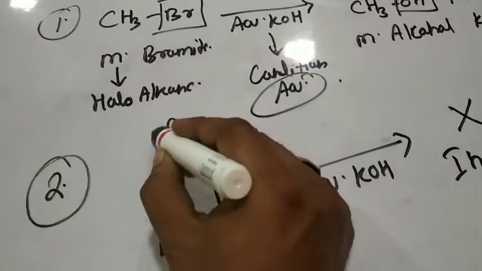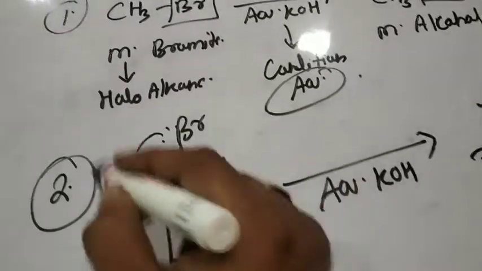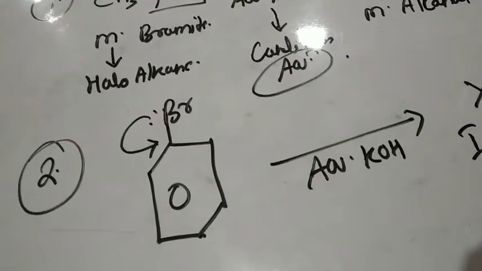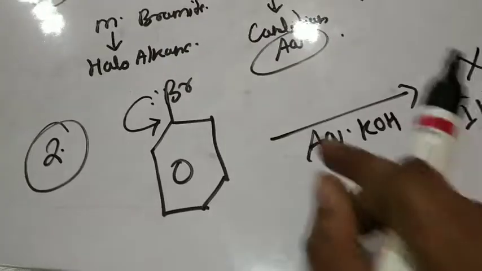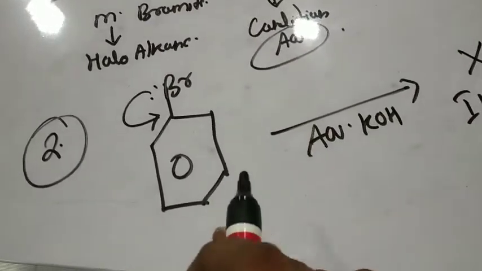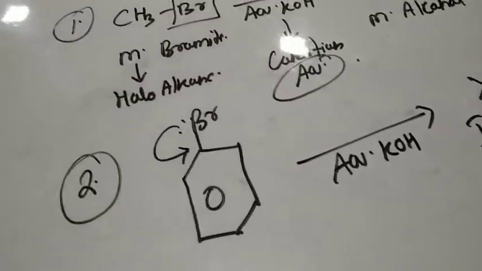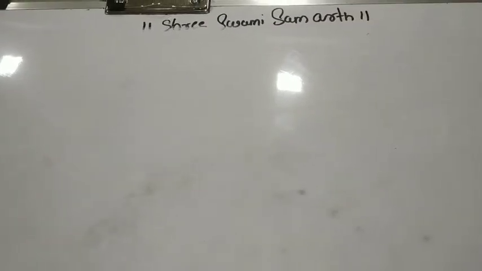Why? The reason is due to the development of the pi bond character. हमने देखा था resonance, वो 5 reasons देखे थे ना हमने, hybridization, resonance. So all those reasons, all those factors are there. That is why haloarenes will not undergo the particular substitution reaction, right? I hope that you have understood this preparation of alkyl halides. Okay, so let's go further.